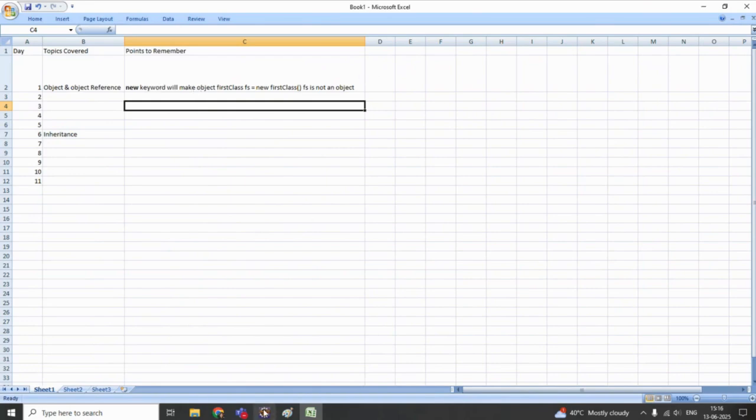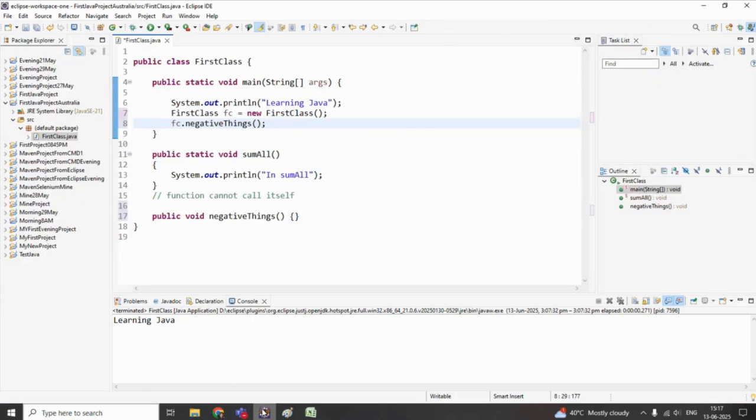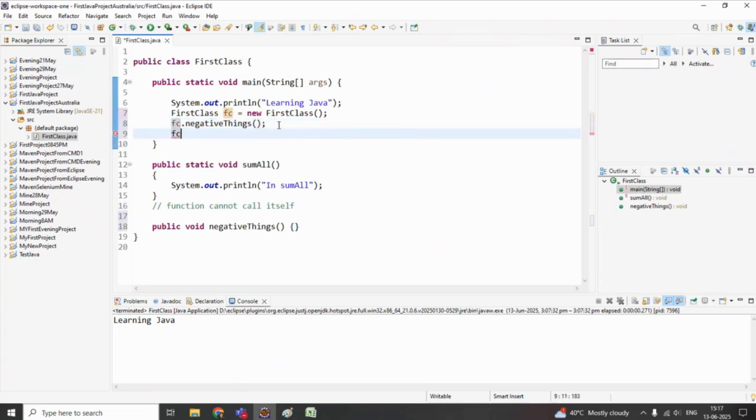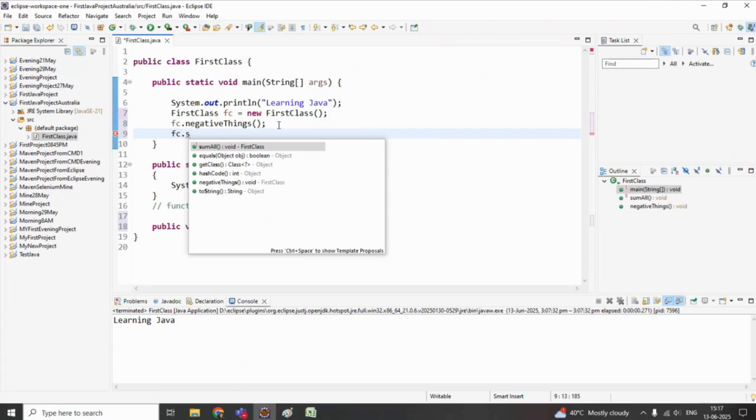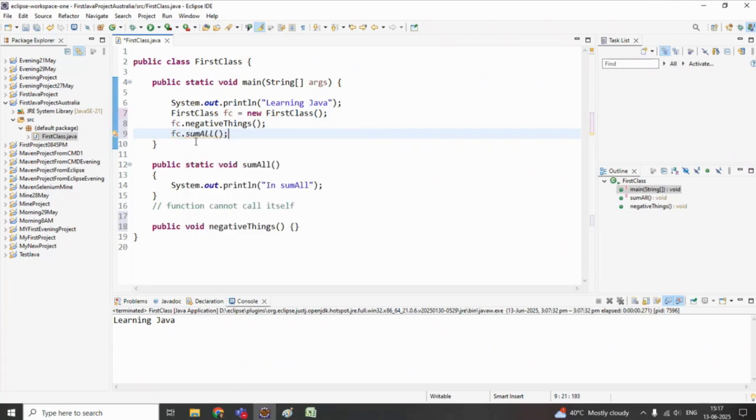Now coming back to our project. Now say fc dot negative thing, something like that. Now I'm not going to ask you questions from the first day. Now I'm just going through. Now you said that I can access functions from the object. I have made a reference to the object and I'm accessing this function. Now, if I say fc dot summer,